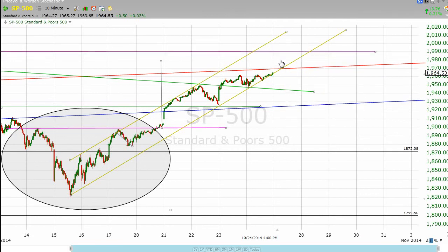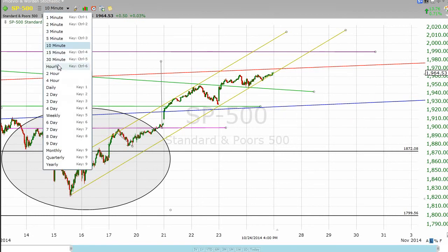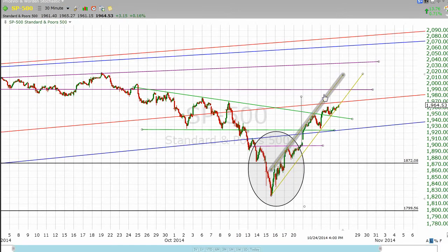It would not surprise me if we get to 1978 that we might break this ascending channel. Because if we look at this in the grand scheme of things, that is moving up at a ridiculous pitch. That cannot be sustained. This is a reactive move to that strong bearish plunge that we took over about a 5 or 6 day period, where the market lost about 140 points on the S&P. So what I'm looking for